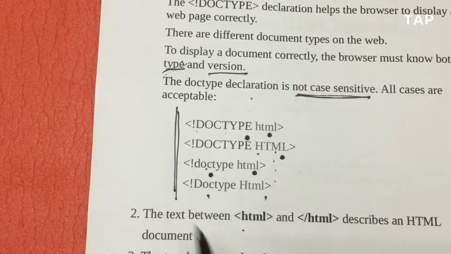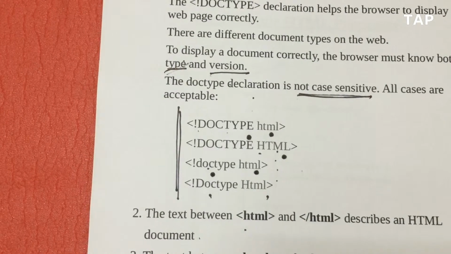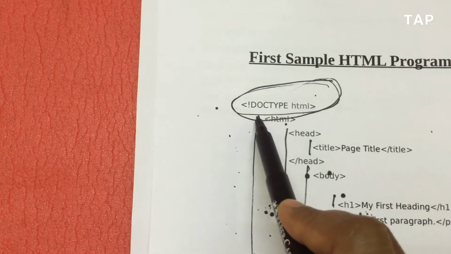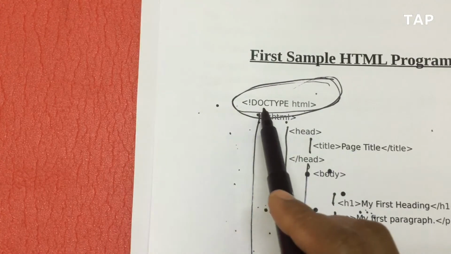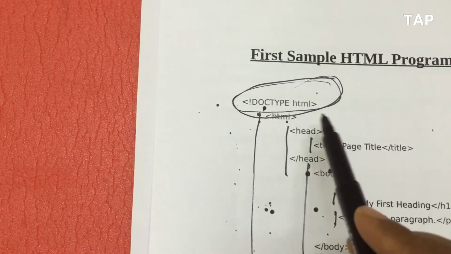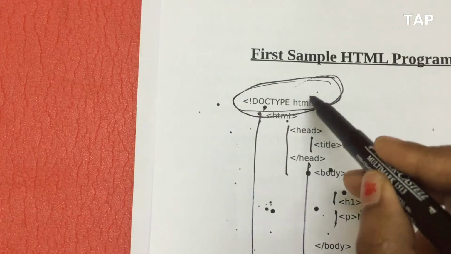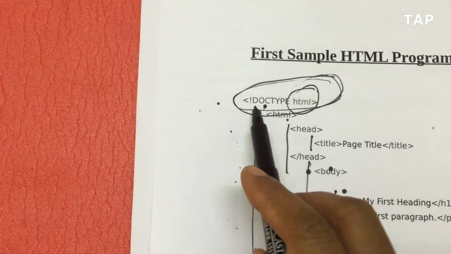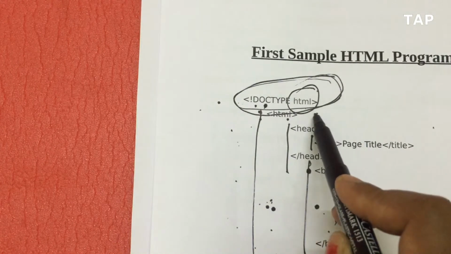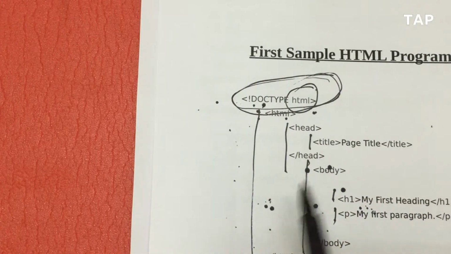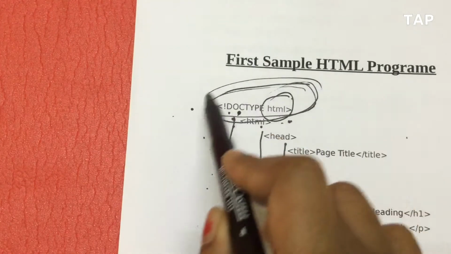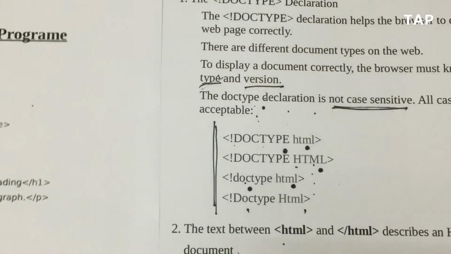Okay, so your first line where your program is, it says doc type HTML. That means it is telling the browser my document type is HTML and the version is HTML5. So this is the declaration for HTML5. My document is HTML and this is HTML5. So now your browser in the beginning only knows that okay, I have to run one HTML5 page. Correct? So now it is clear why we do it at the starting of the page.